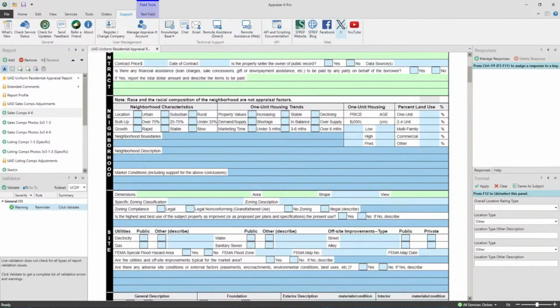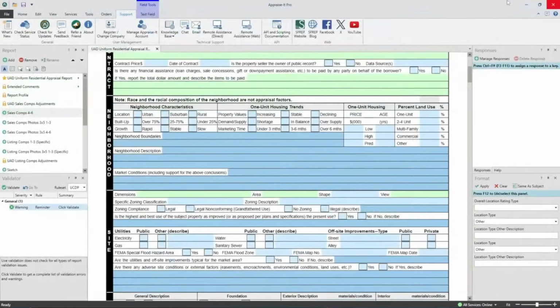We also have links to all of our socials up here in the upper right. And the support section is the important thing. If you want to send a message to support, you can do email here. That'll open up an email form for you to be able to fill out. You can also use the chat button here if you want to chat with our tech support. And then, of course, remote assistance and direct remote assistance as well. Okay. So that's kind of what I wanted to show you guys with Appraise-It Pro in regards to the new